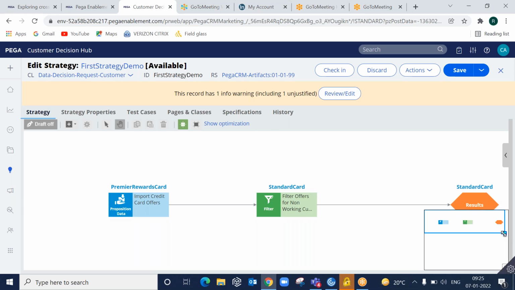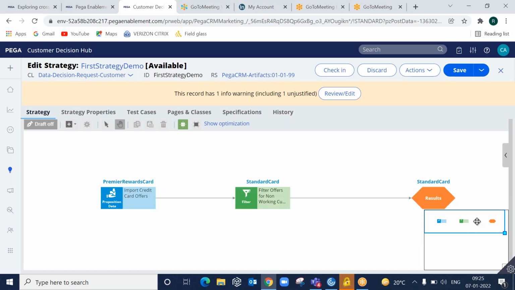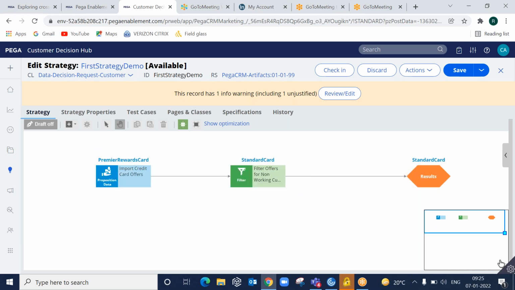By using the mini map, you can control the components that are displaying on the screen, and you can expand the strategy display so that you can work on the strategy efficiently. So these two things, pan mode and the mini map, you can make use of whenever your strategy is out of the screen.